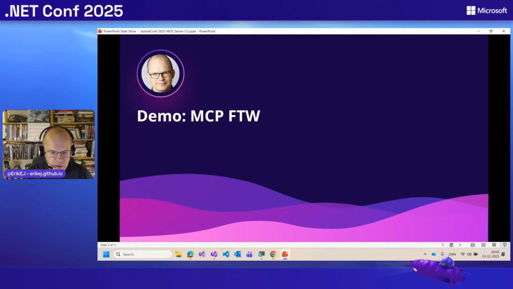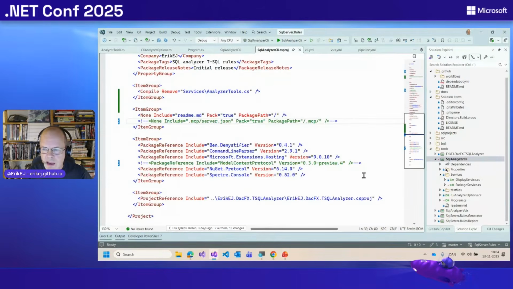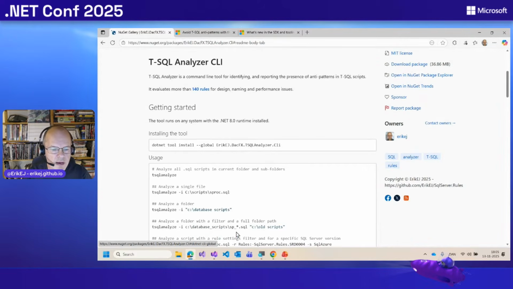So let's look at what it takes to take an existing console app and convert it into an MCP server. I have a tool here called SQL Analyzer CLI, and it's a tool that's published on NuGet as a command line tool. So as a .NET tool, which is basically a command line tool that is installable with .NET tool install, as you can see here on the screen. That tool provides analysis of bad patterns in T-SQL object creation scripts.